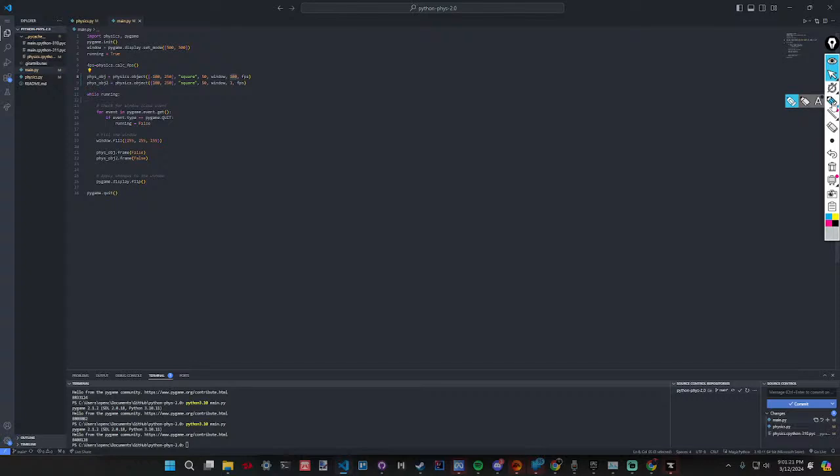So when you increase the density, so at a density of 1, it falls at 1 pixel per second, right? But then at 100, or it accelerates.